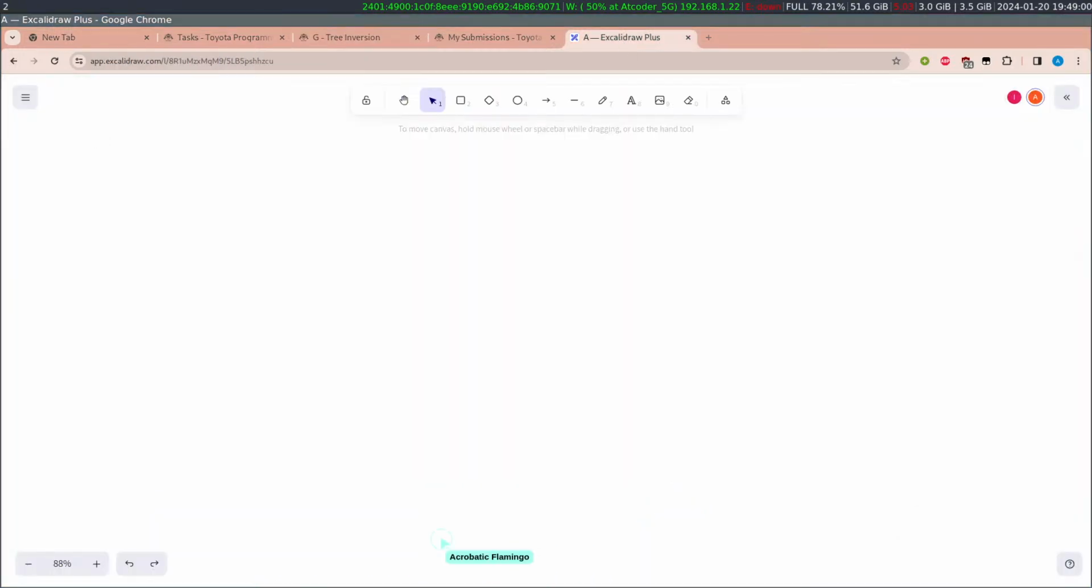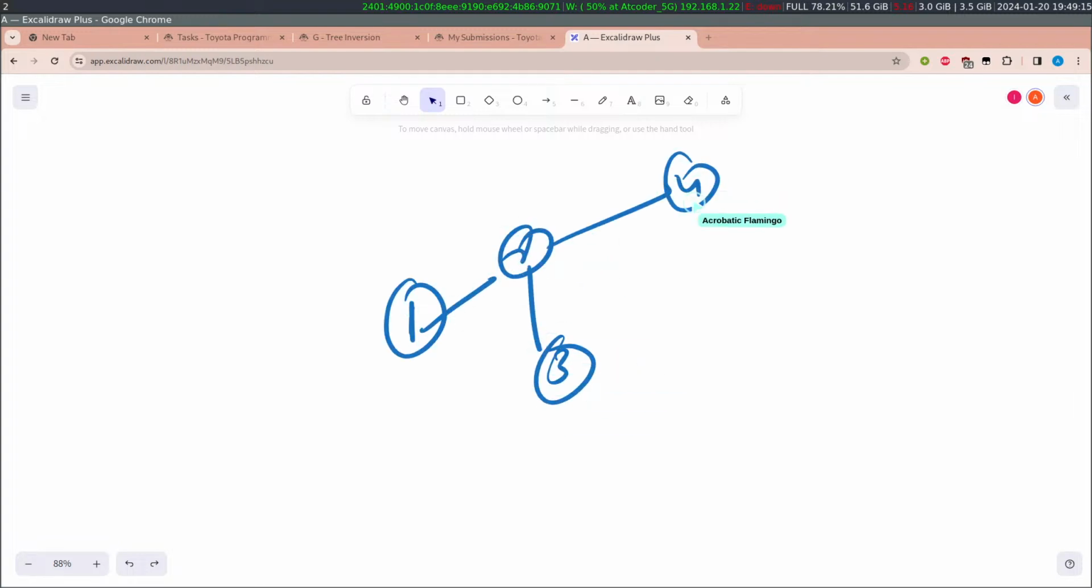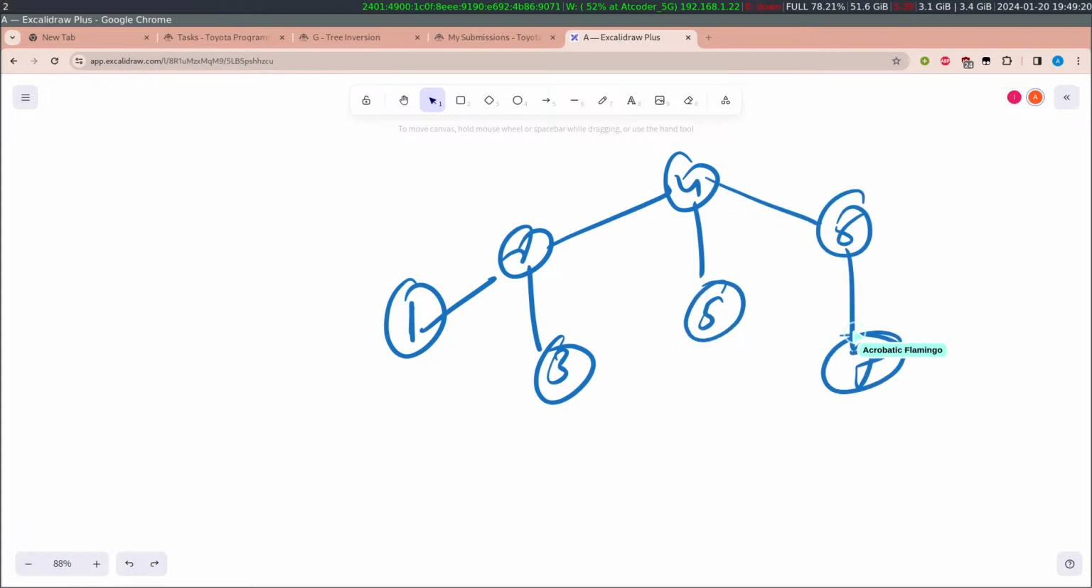Like for example, let me take the given sample. Let's draw the given tree first. Let's say we want to find the answer for 4. Then we look at all the paths, like all the pairs w and v,